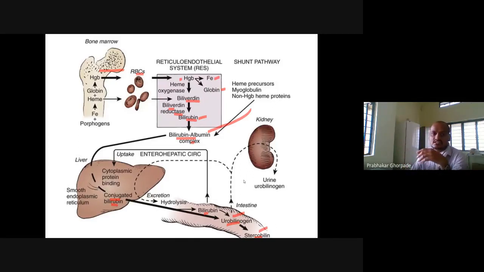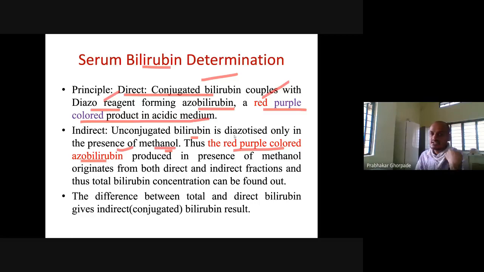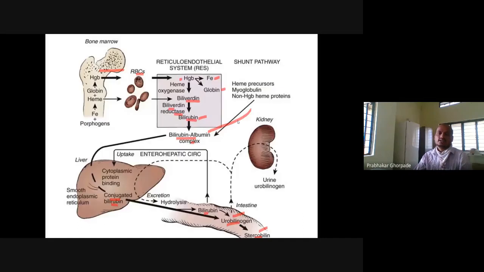So based on whether you have jaundice or not, you may undergo the bilirubin determination test. You can see direct bilirubin, indirect bilirubin, and total bilirubin. And why are we looking at so many bilirubins: direct, indirect, and total? Because jaundice can have a pre-hepatic origin, meaning some pathway is not working before the liver. There can be hemolysis of the blood, and because of that RBCs are breaking down and we get a lot of bilirubin.